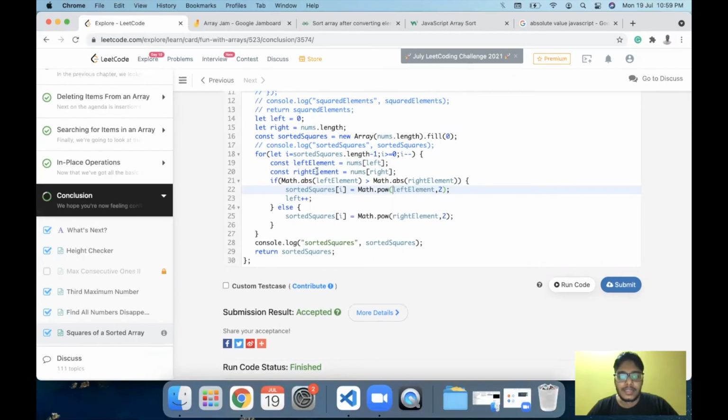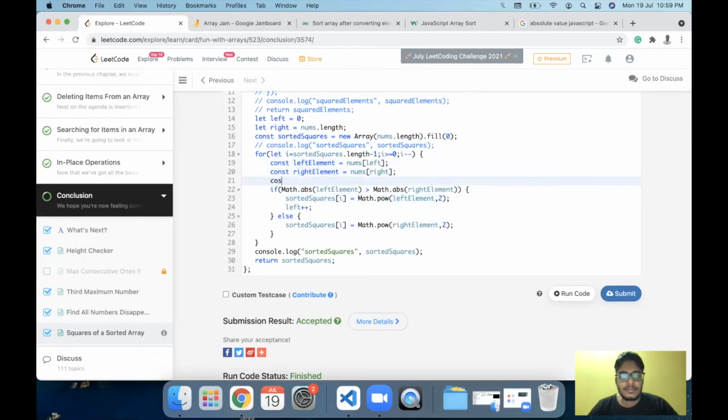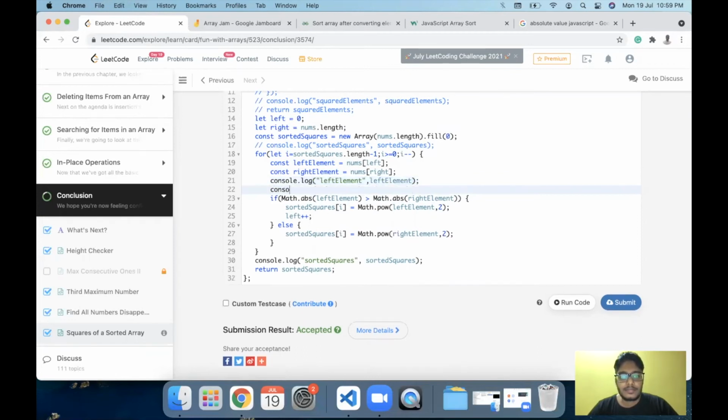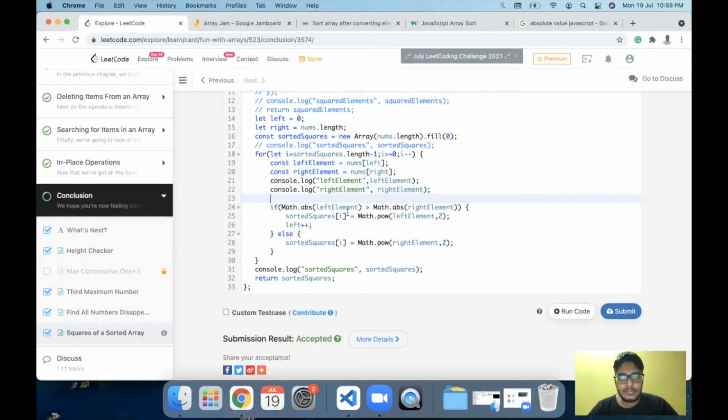Let's just print out the elements and check where we went wrong. So this is my left element. This is my right element. We have the index.